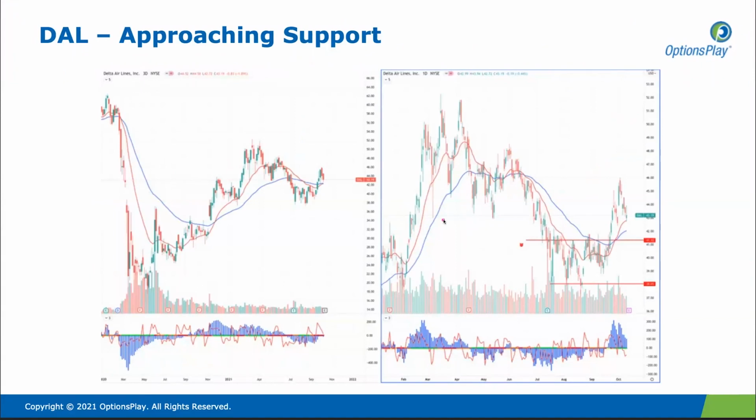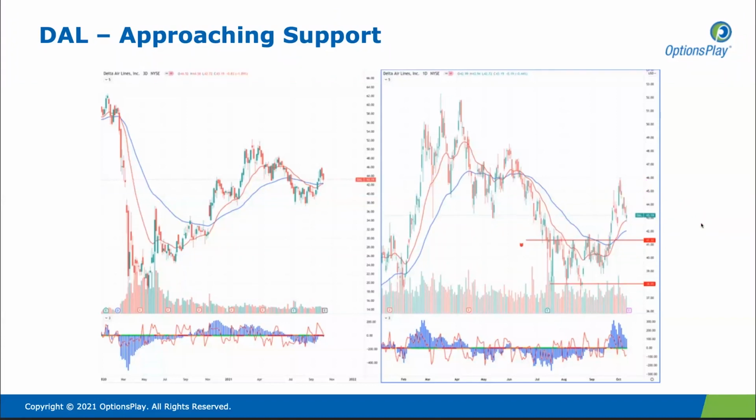Another one here is the airlines, and we do have to be careful now with the airlines, especially with the rising cost of fuel. We've seen Southwest Airlines earlier this week with respect to the canceled flights because of the lack of pilots. I think you're going to see the same type of concern across the airline industry. But when we look at some of the better run airlines, Delta Airlines certainly would be one in that category. And what we have is a breakout, a pullback to the breakout level, and just from a risk reward perspective would favor here to the upside as we look for more of that reopening trade opportunity.